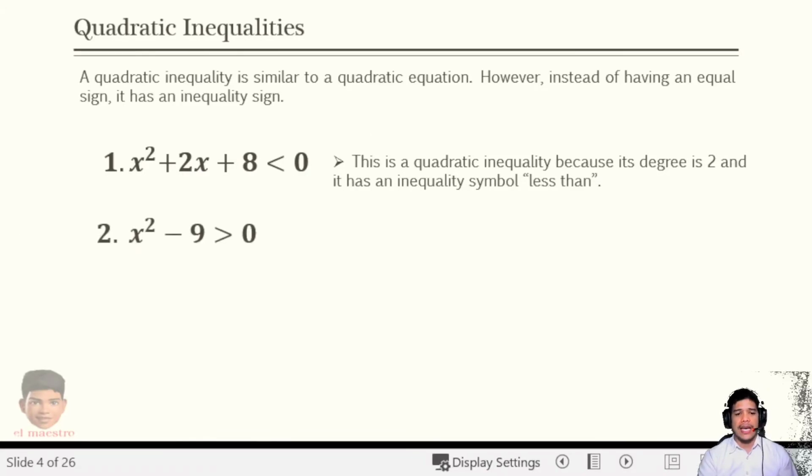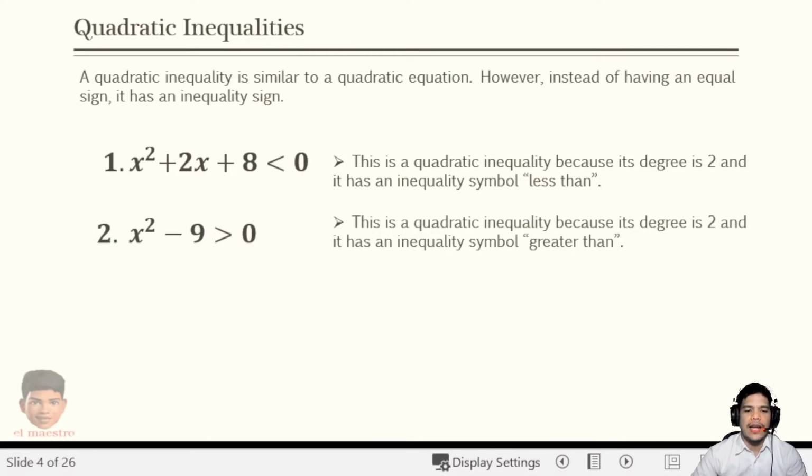How about this one? x squared minus 9 is greater than 0. Is this a quadratic inequality? Yes, correct. Except we have no bx, meaning b is 0, so we go directly to the constant term. It has degree 2 and a greater than sign. Next, 2x squared minus 5x plus 2 is less than or equal to 0. Again,